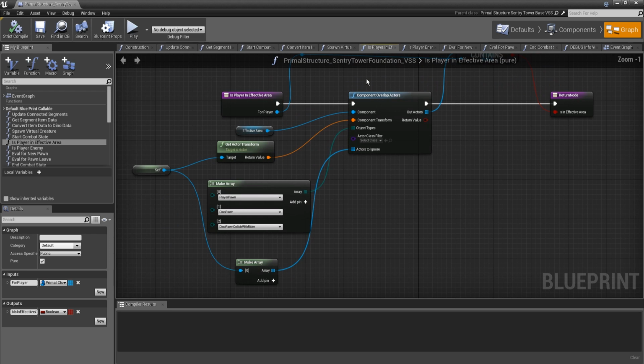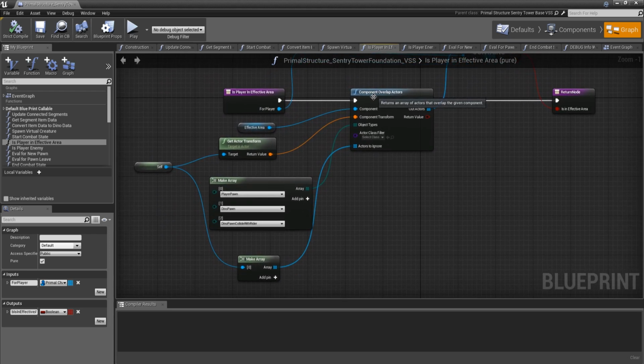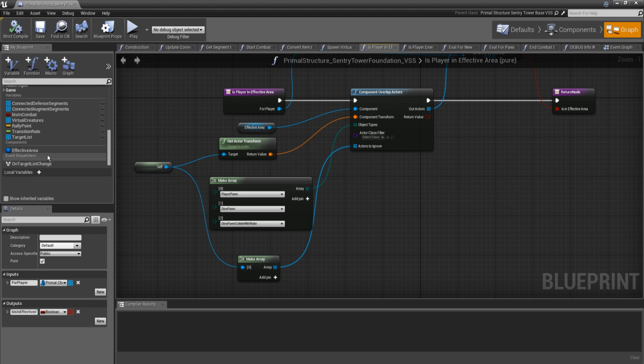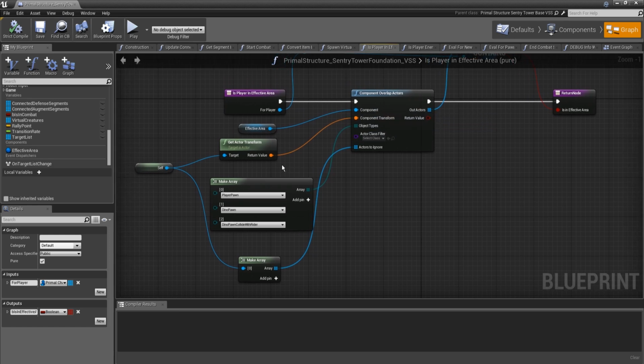And all this does is for the player, we're going to call the component overlap actors, and basically we get our effective area component, which you'll find down here. We made that before. That'll be your component for this. The component transform I just put in as the root of the actor transform of the foundation itself, just to ensure that we're centering on that.